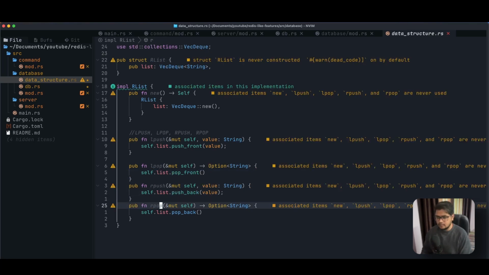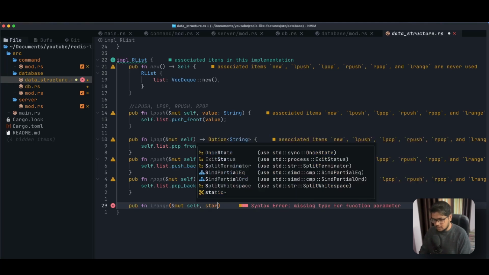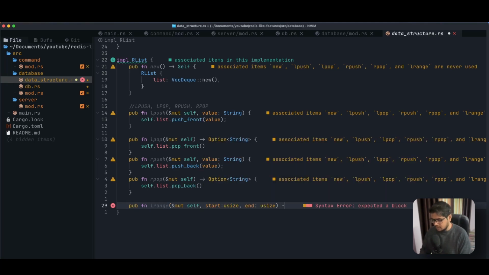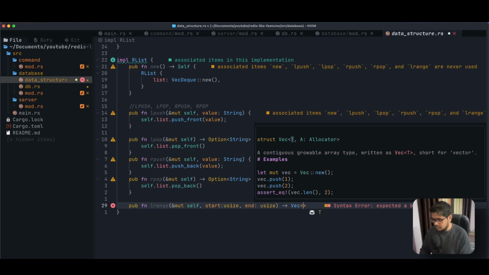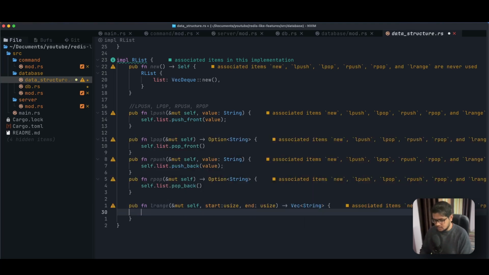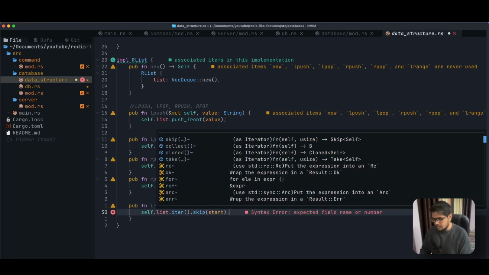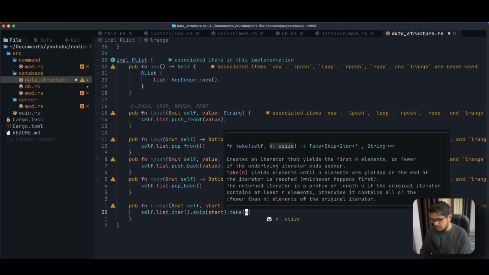Alright, as you can see, we have implemented these functionalities that Redis provides, that is lpush, lpop, rpush, and rpop. Another thing that we are going to do is implement range over here. We'll use lrange. It will take start and it will return the vector of the values stored. So what it does is it will take self.list, and we can iterate it. We'll skip the first element, that is the start index, and we'll take only